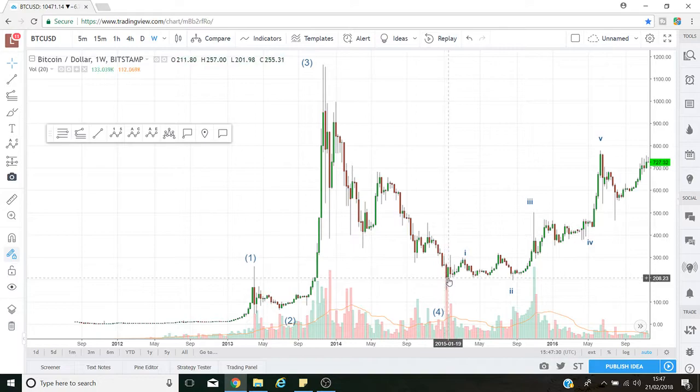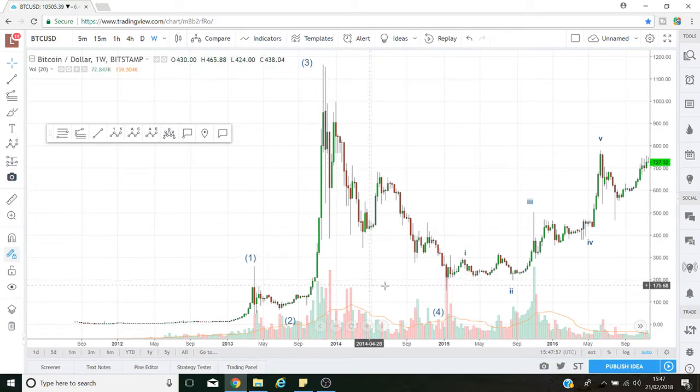And the important thing to note is the closing price. You can see that the closing price here was around $212 for wave 4, whilst the closing price for wave 1 was around $169. So you can see that if you look at the closing price, they don't actually overlap. It's just the